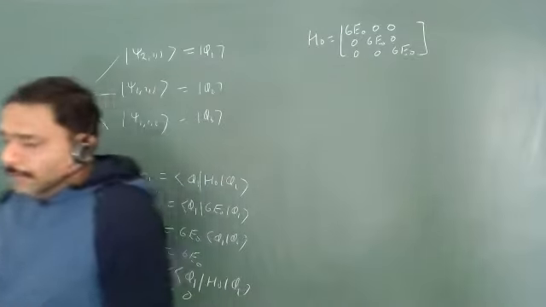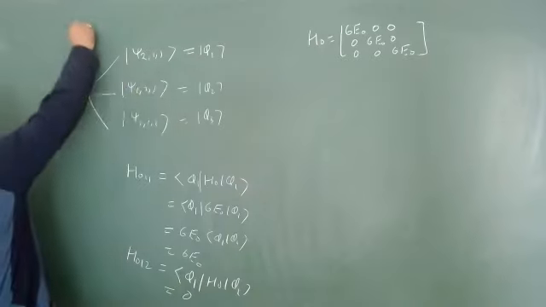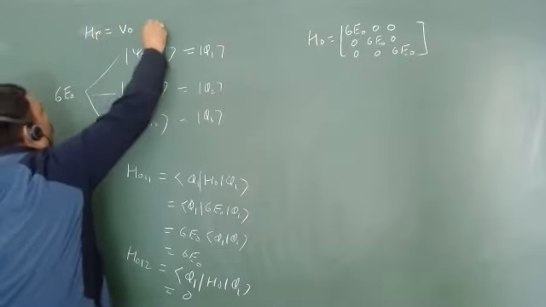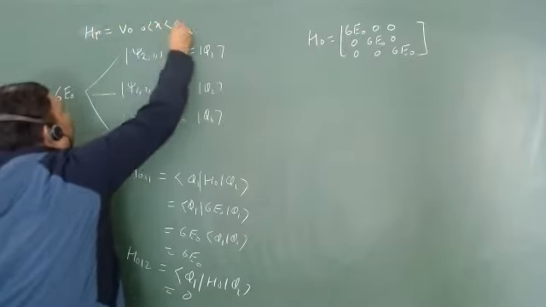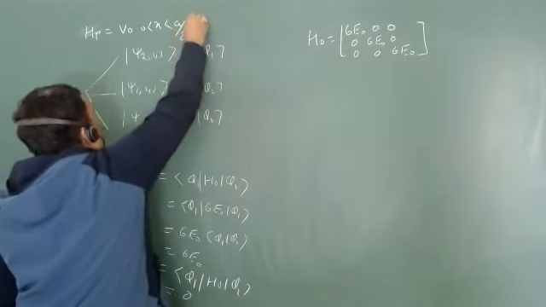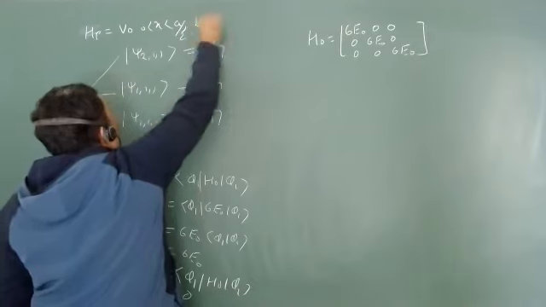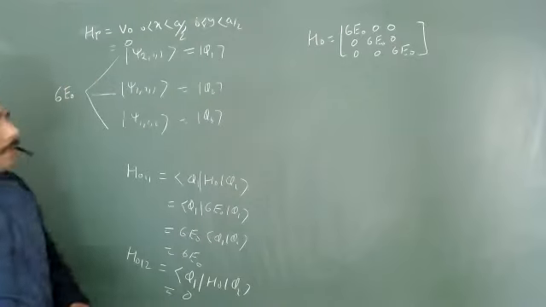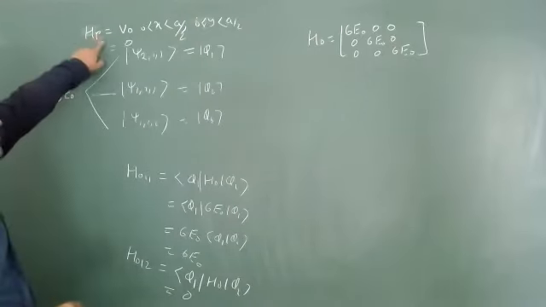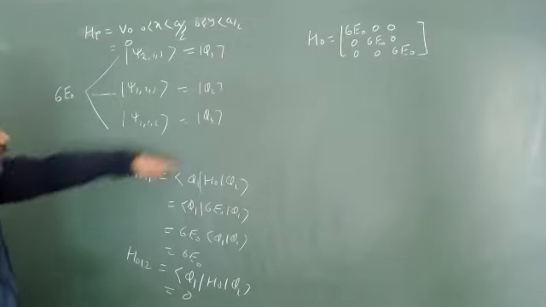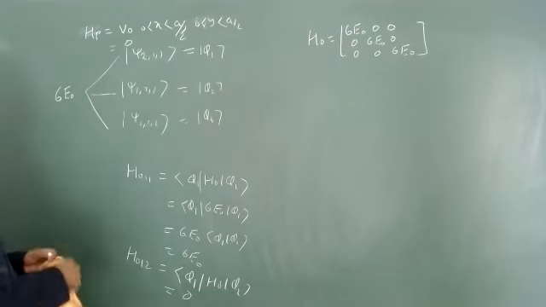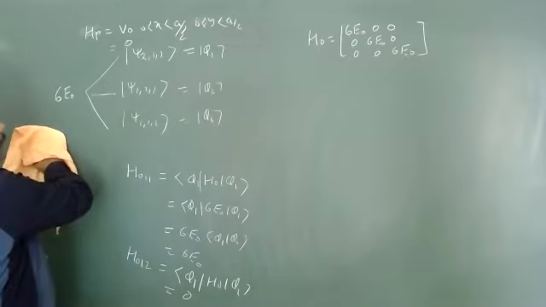But what is your perturbation? You have your perturbation V. So this will be H P and this will be nothing but V naught if X is between 0 to A, Y is between 0 to A by 2, and 0 otherwise. This is my perturbation, and I have to write this perturbation in a matrix form in a basis of this particular thing. So let us try to go for writing all possible elements of the matrix. So is it clear up to here?